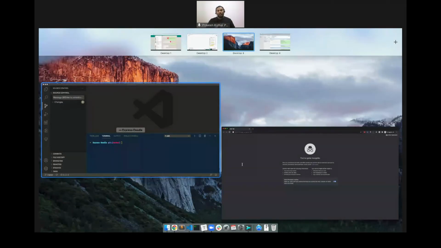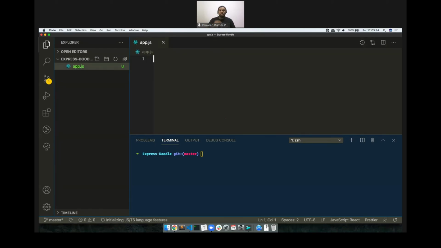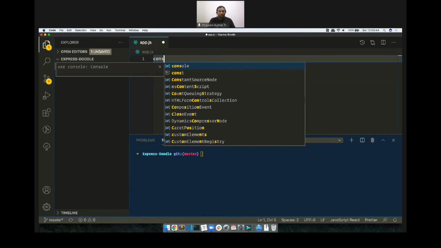So the first thing that we want to do is create a server file, the main app file. So I'm just going to name it app.js. This is a JavaScript file, and we need to run this JavaScript file using Node.js. That is the first step that we need to do. So how do we run this? So if I try to say console.log,